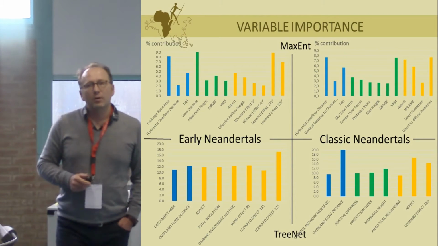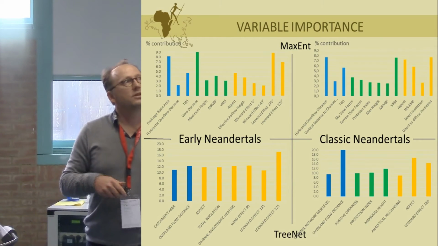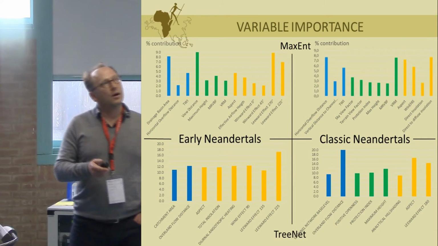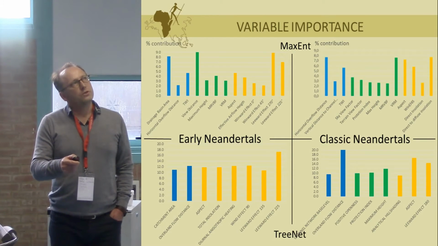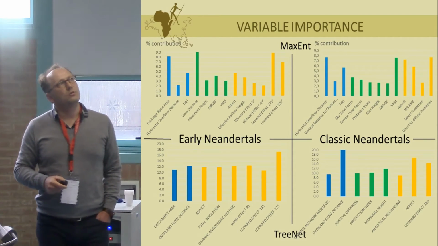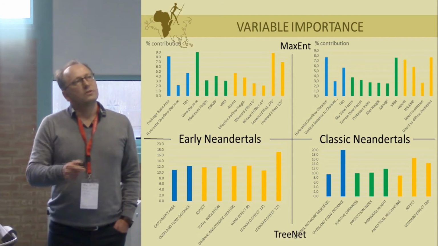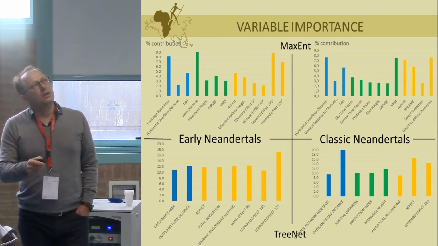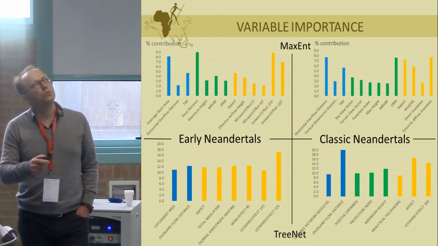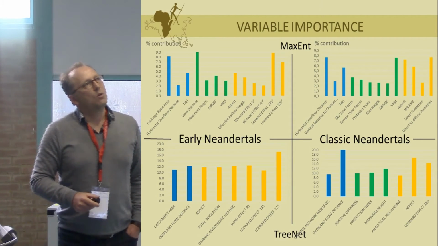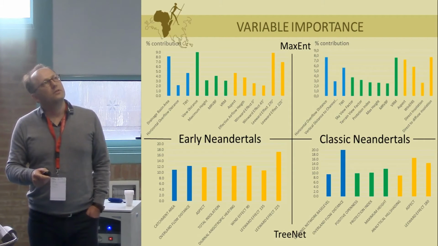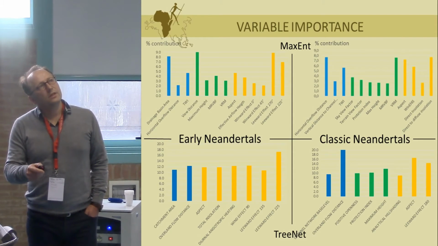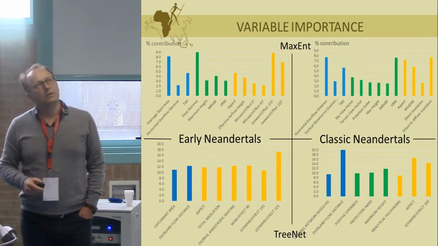So having now a look at the variable importances, because the variable importance tells us something about the site preferences. Here we have the two modeling approaches, so Maxent on the top and TreeNet on the bottom. Here we have the early Neanderthals on the left-hand side and the classic Neanderthals on the right-hand side. So you see the preferences: in yellow we have the climate preferences, in green strategic, and in blue the water-related preferences. What we can deduct from this diagram is that the classic Neanderthals seem to have more focus on the strategic aspects that are far more